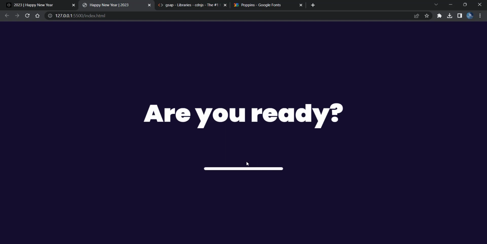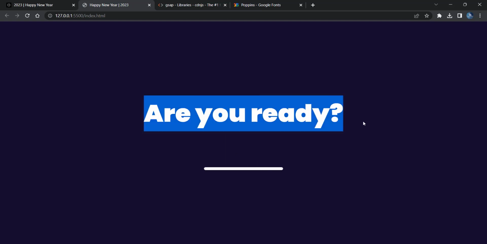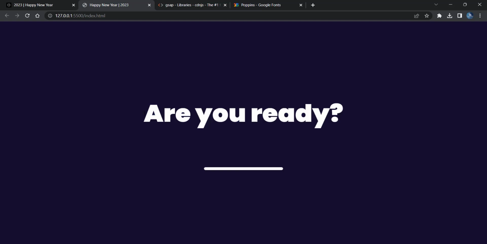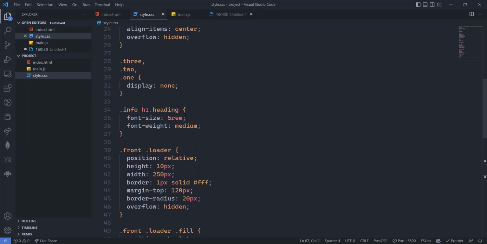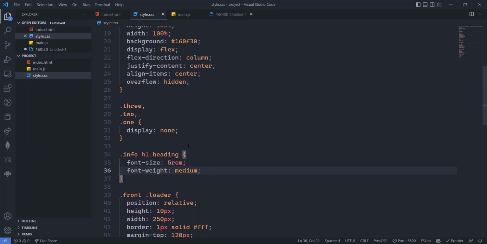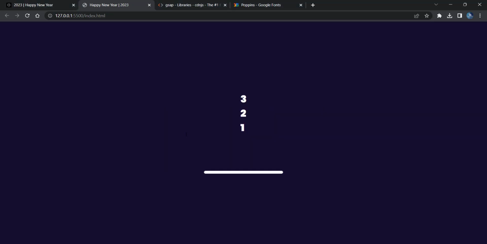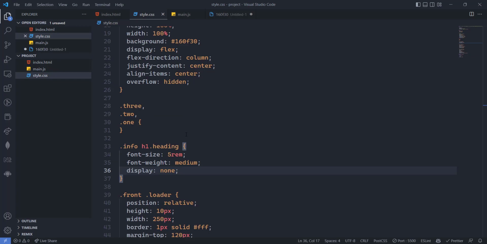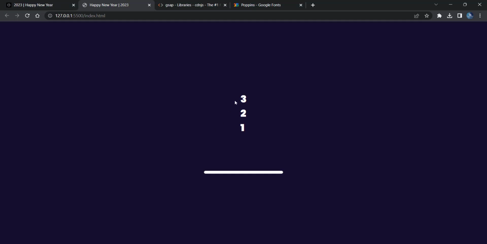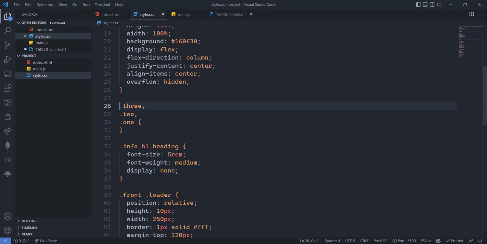So that's very great. Now what I'm going to do is make this hidden. Let me add display as none here. Save this. Now it displays none. Now what we have to do is style this 3, 2 and 1. So what I'm going to do there,